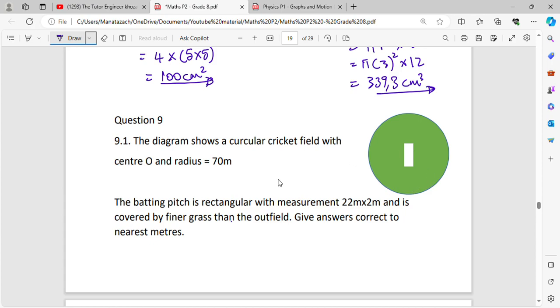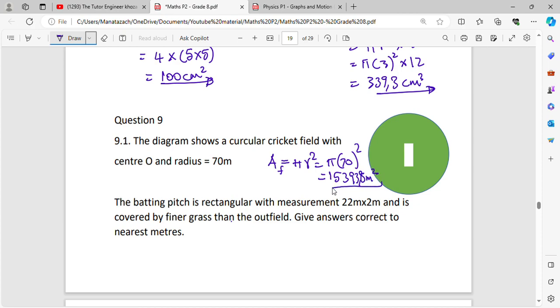The area of the circle, meaning the outfield, is pi times r squared, so the answer here is 15393.8